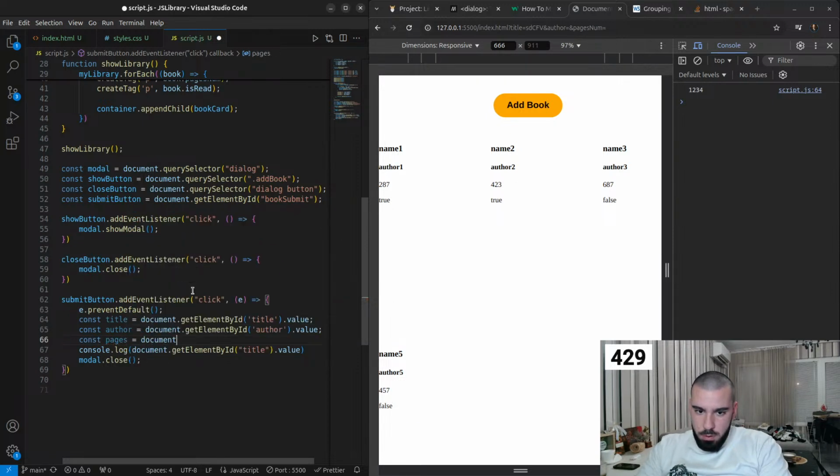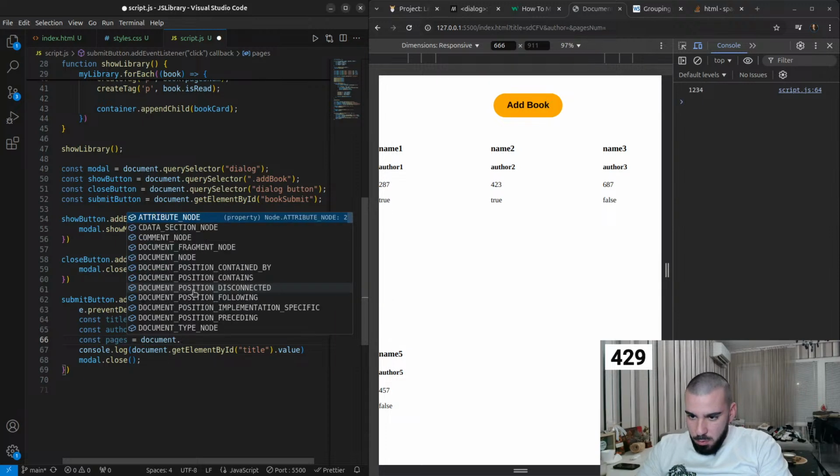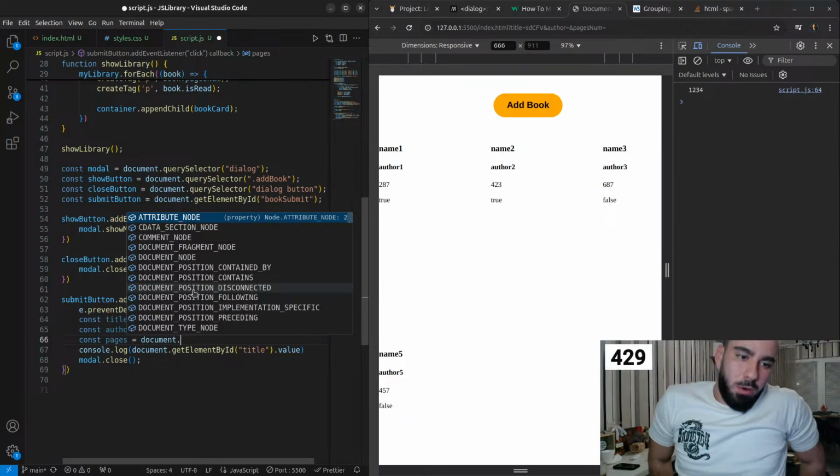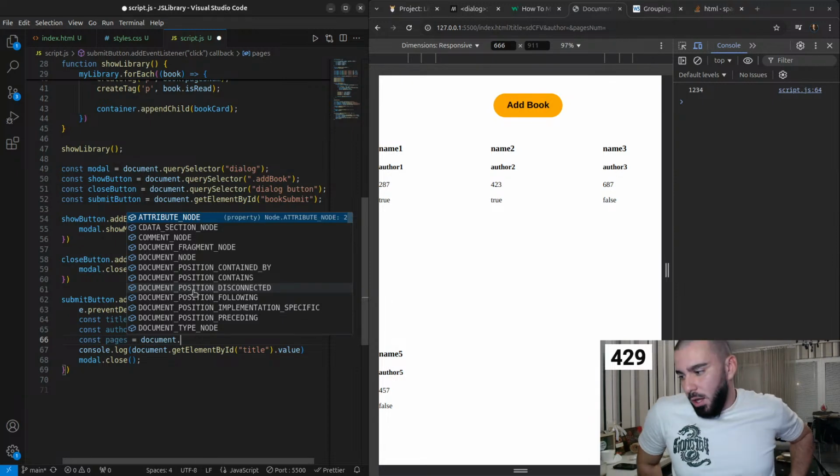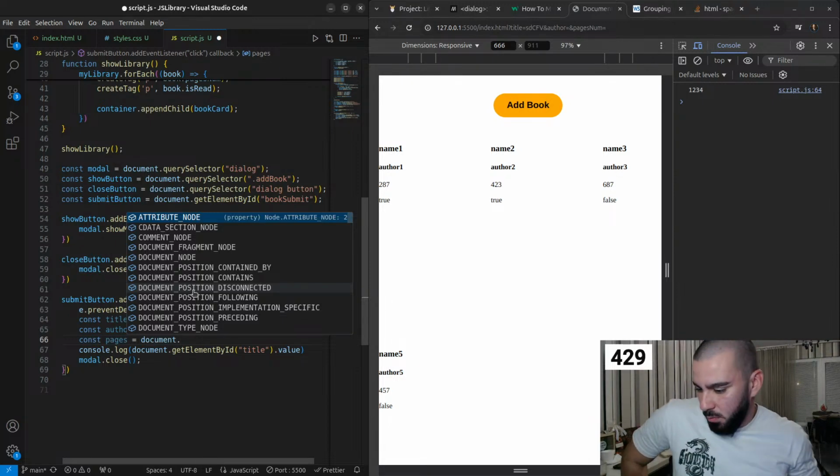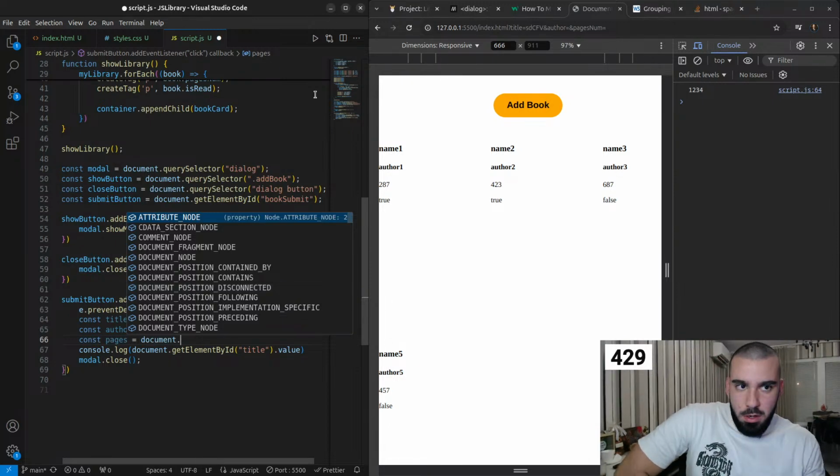equals document dot. Hey bro, what are you working on today? Welcome to the stream, Apex. We're working on a library application from the Odin project, and